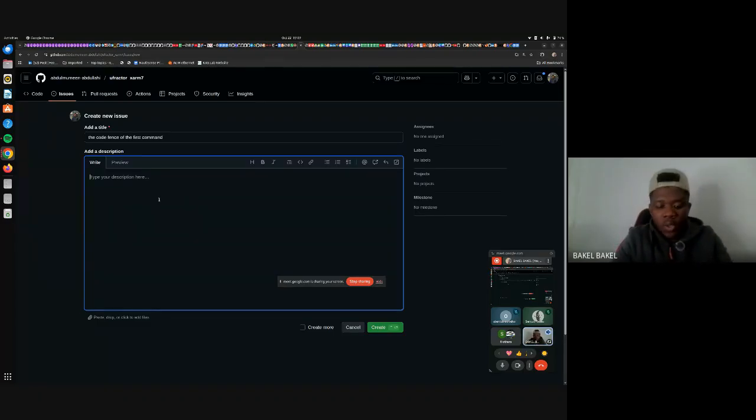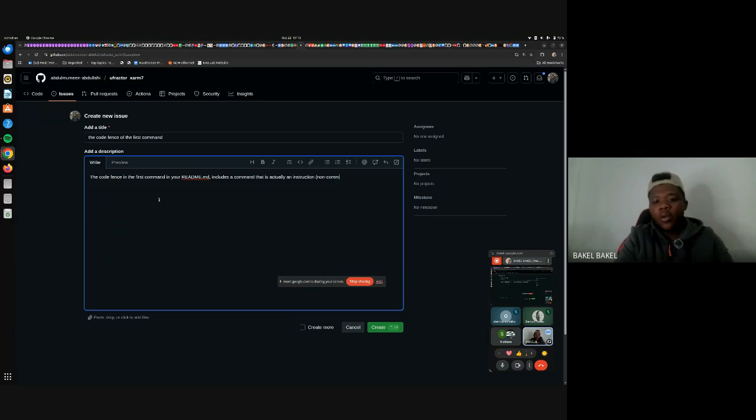My description would be: the code fence in the first command in your readme.md includes a command that is actually an instruction,